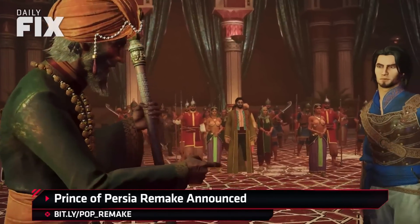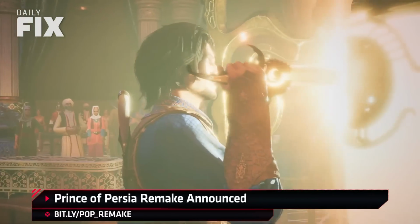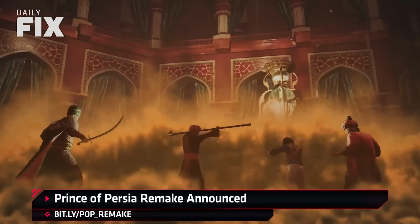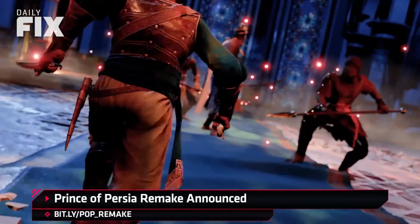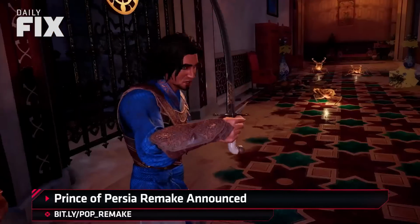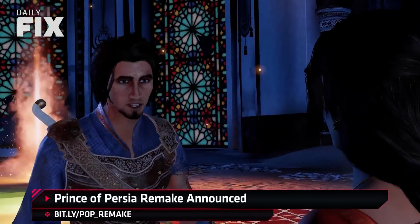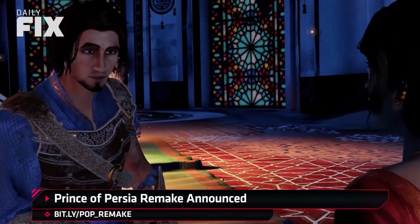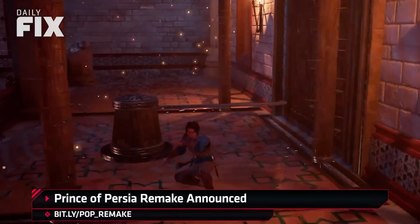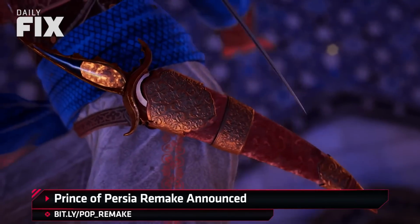Returning to the role is the original Prince's voice actor Yuri Lowenthal, bringing with him some dialogue from the original scripts that didn't make it into the original. Meanwhile, Supinder Wraich is taking on the role of Princess Farah. The new iteration will include an unlockable copy of the original 1989 Prince of Persia for you super longtime fans of the franchise, while offering those who pre-order the Back to Origin set of content, which contains the original Prince outfit from Sands of Time, the original game's weapons, and a classic filter that alters the look and feel of